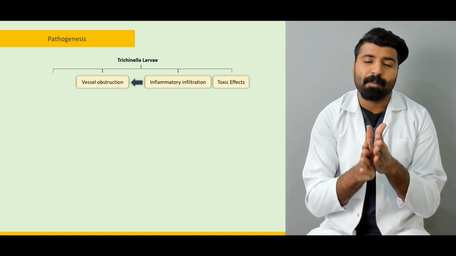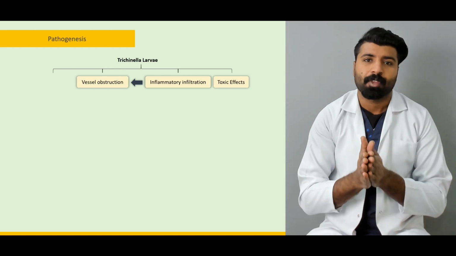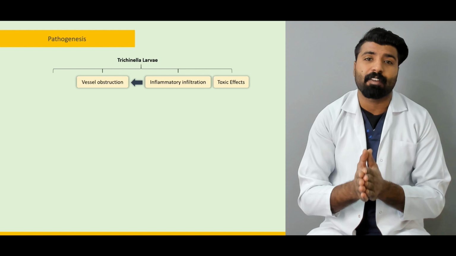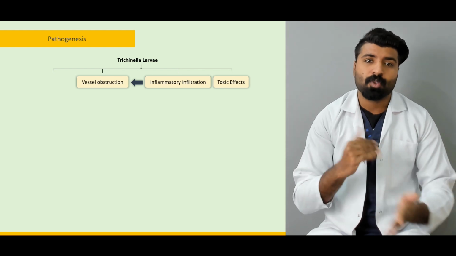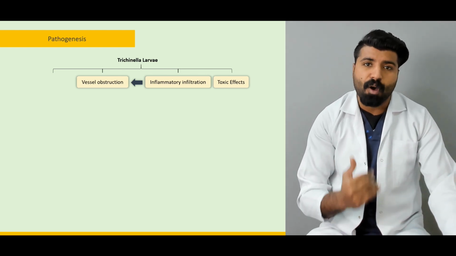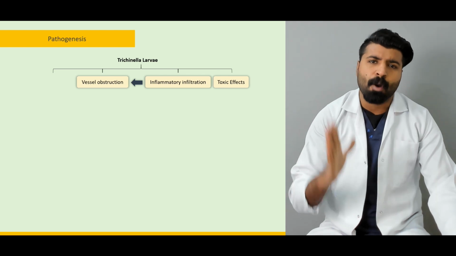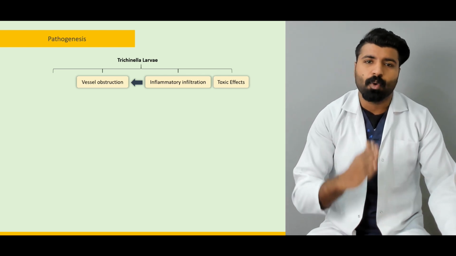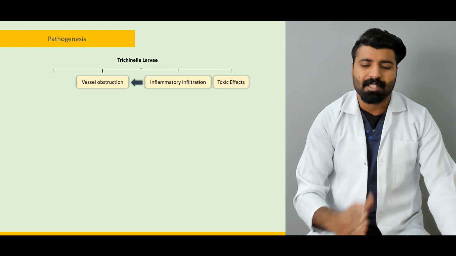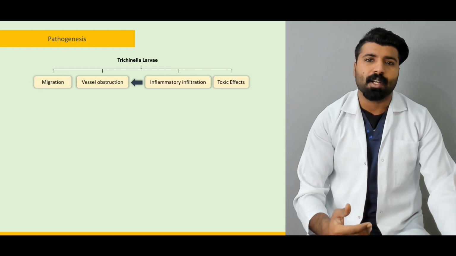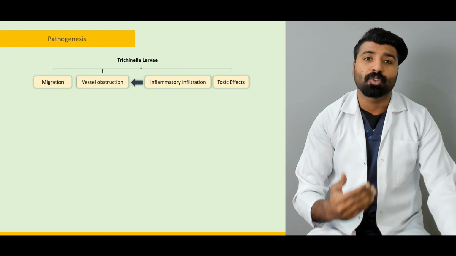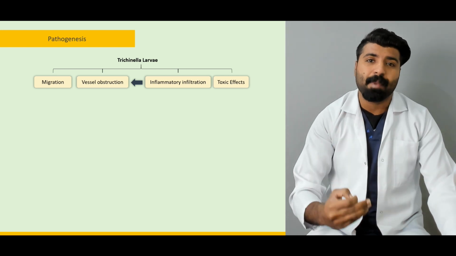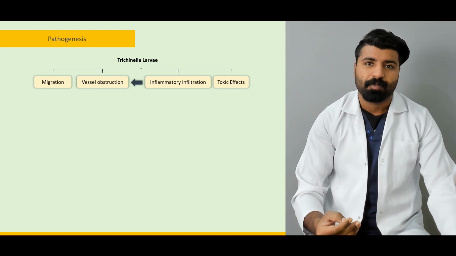And when they're inflamed, they're going to get what? Obstructed. When your vessels are inflamed, what's going to happen? Your blood supply is going to be cut off. Your blood supply is going to be compromised. One way or another, you will have these blood supply compromises. That will lead to what? That will lead to severe systemic manifestations.